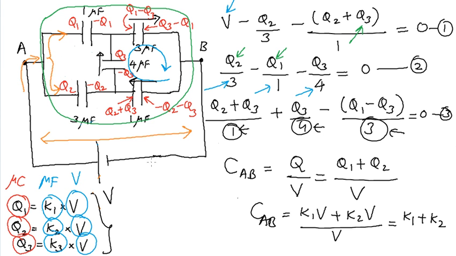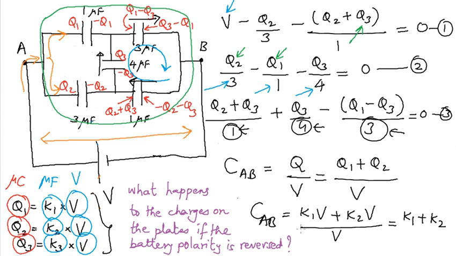We now turn our attention to the creative method, that is method number 2. But before actually starting the method, I want to establish an important result, and this result is the answer to the following question. What happens to the charges on the plates if the polarity of the battery is reversed? What I mean to say is, if I remove this battery and apply the same battery but in a reverse way, that is with the reverse polarity, I'll be joining the negative terminal of the battery here and the positive terminal of the battery here. The EMF of the battery is still V.